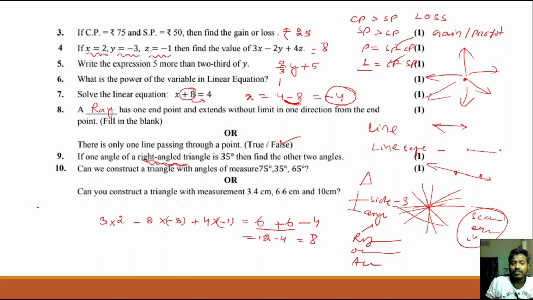Right angle triangle means one angle must be right angle, that means 90, other is 35, so also the third angle, because the sum of the three angles is 180 degree, so 180 minus 90 plus 35, so 90 plus 35 that is 125, yes or no, so 180 minus 125, simply subtract, 55 degree. Okay, next find the two angles, so other angle is 90 and 55.